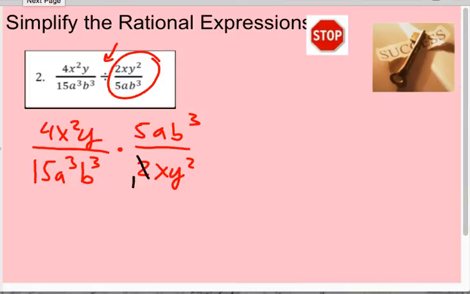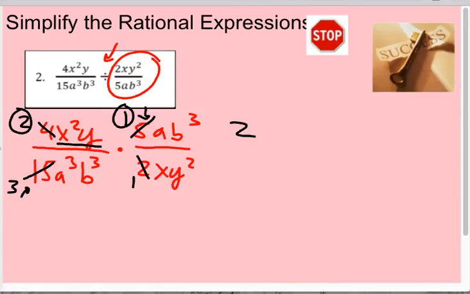2 goes into 2 once, it goes into 4 twice, so I can reduce there. Simplifying the 5 and the 15 here, 5 goes in there 3 times, 5 goes in there once. You could also do the same thing with the variables, but it's easier when you're just working with one fraction, so I'd do that first. 2 times 1 is 2. I have an x squared y and an ab cubed. Trying to keep it in alphabetical order, that'd be ab cubed x squared y all over